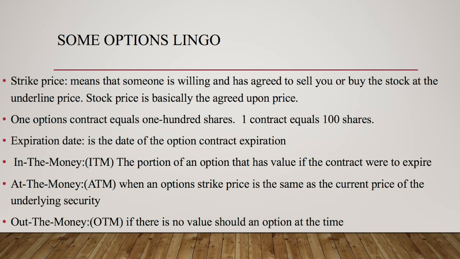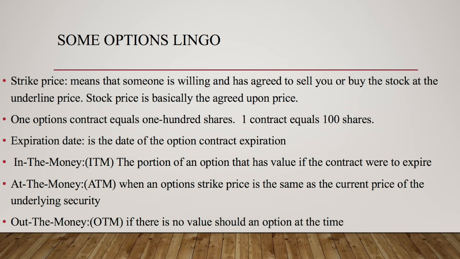At the money means when an option strike price is the same as the current price of the underlying security. So for example, if Amazon is trading at 750, at the money will be 750. Out of the money is when the option has no real value. Meaning if Amazon's trading at 750 and you buy an out of the money option, you're buying say